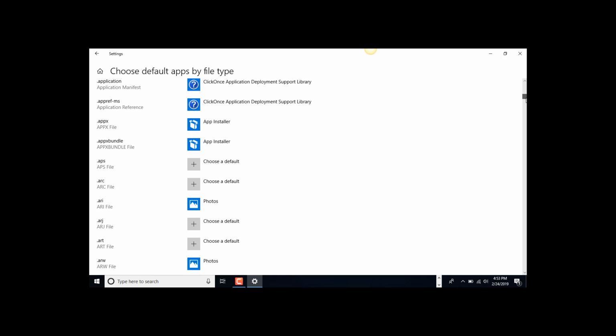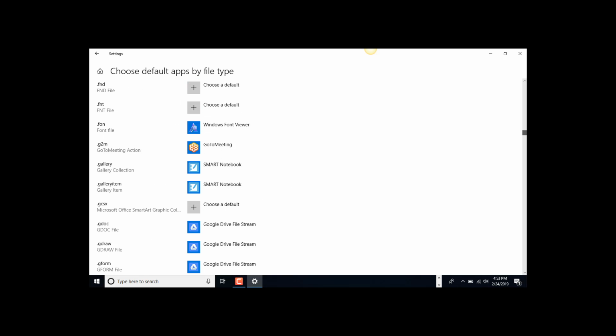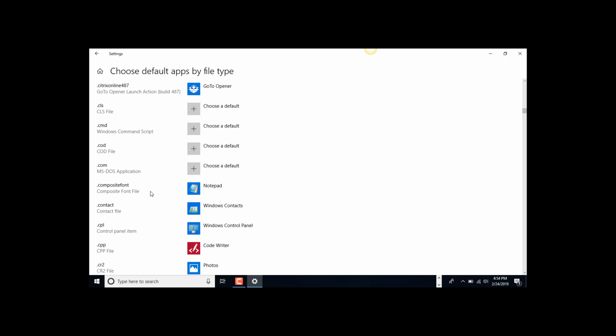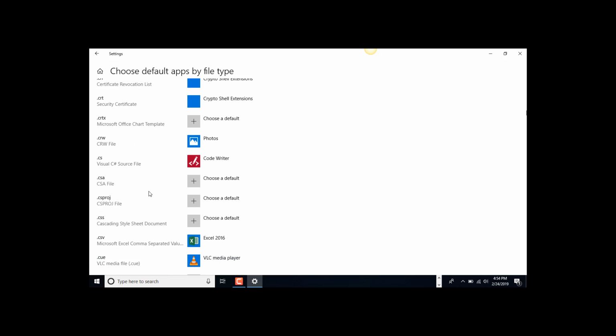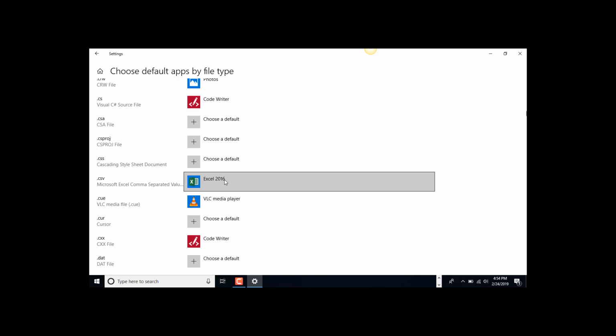So I'm going to scroll down over on this left side where you see the application extension. And I'm going to find, oops, went too far, CSV, right there. So if it does not say Excel, then you would click on it and you would navigate